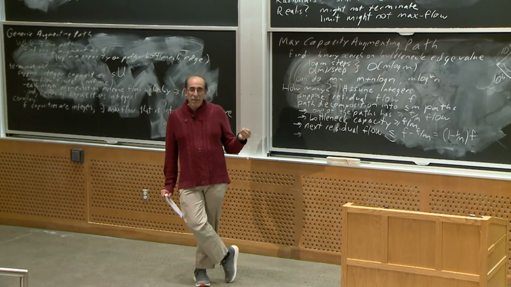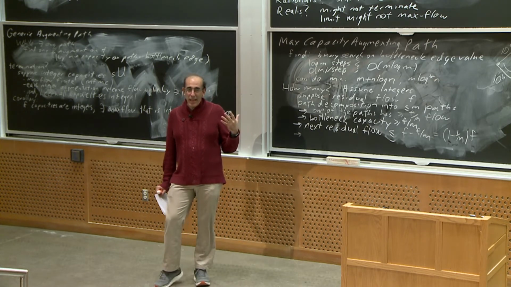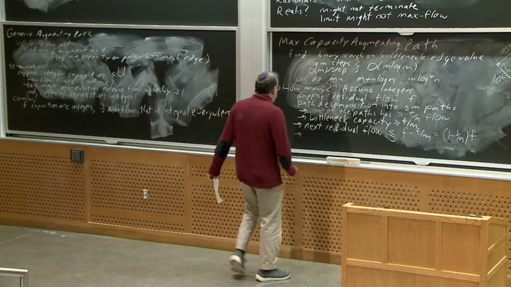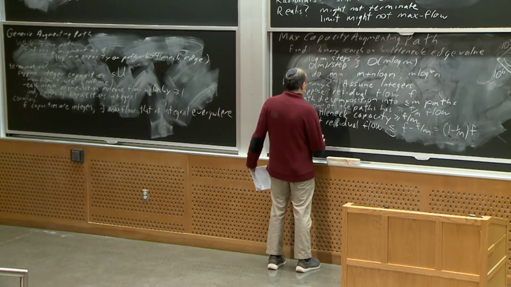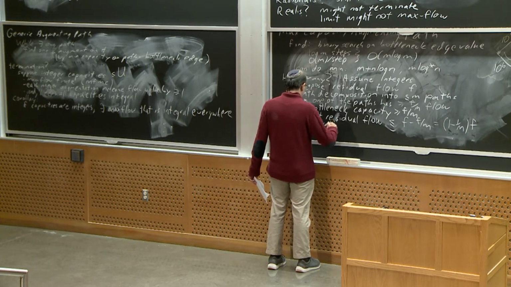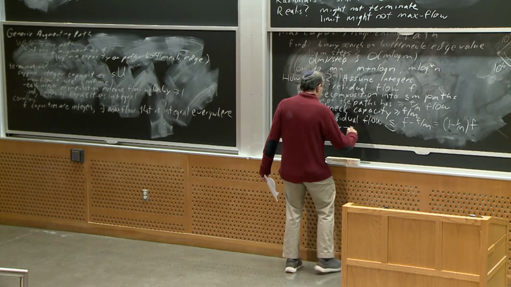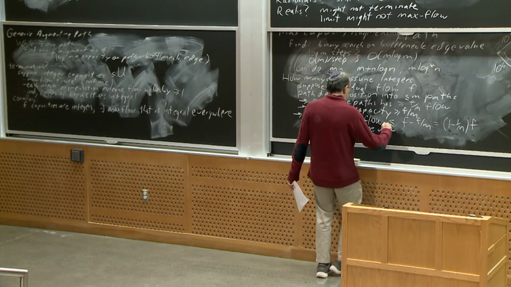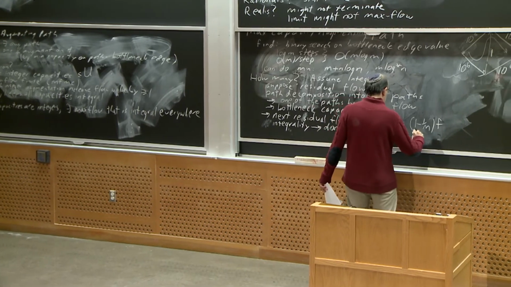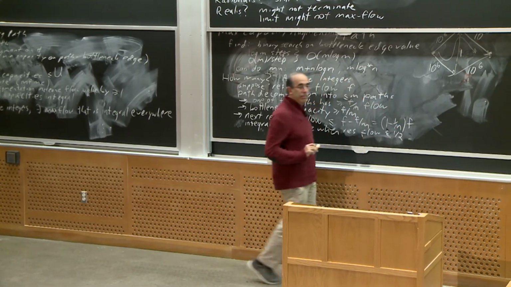And so the only way for the integral max flow to be less than a half is for it to be 0, right? So integrality tells us that we're done when the residual flow is less than or equal to a half,